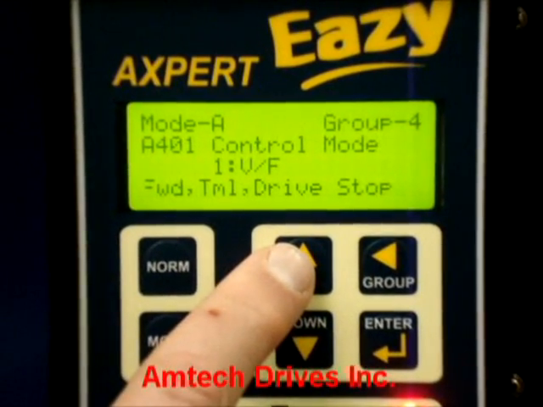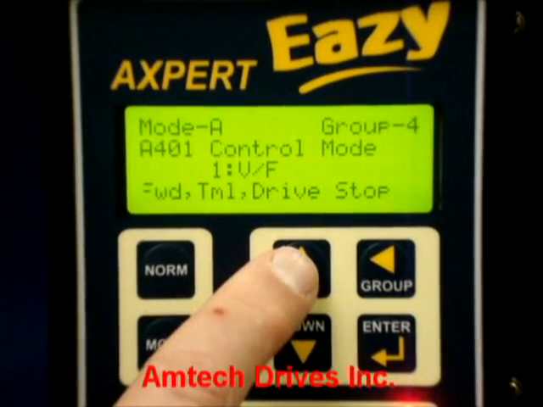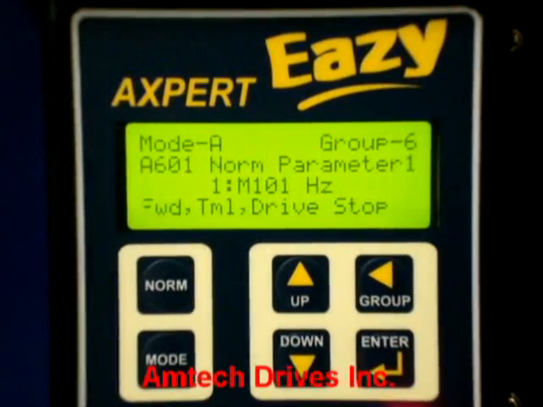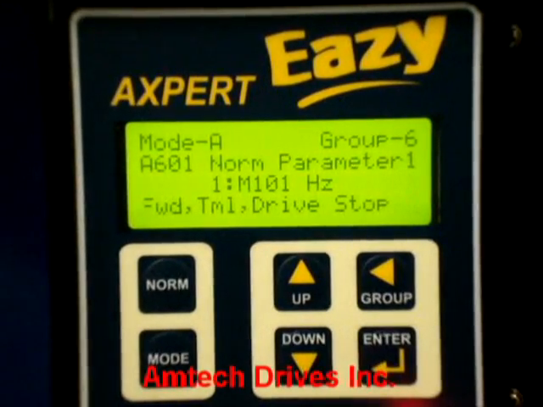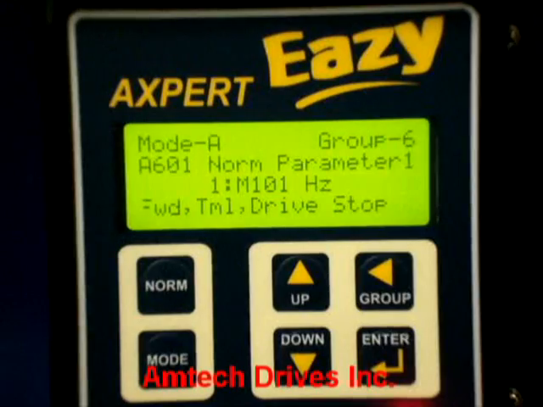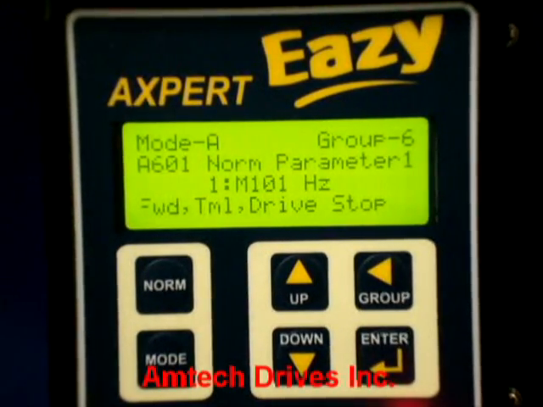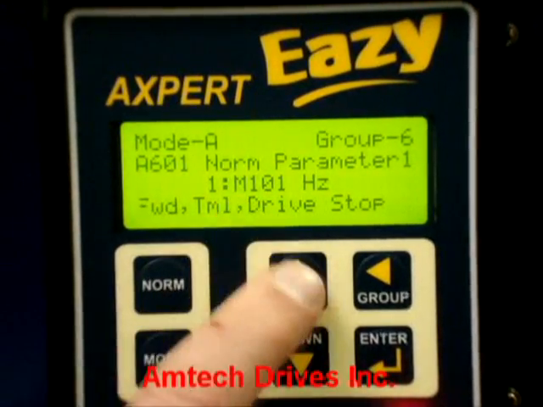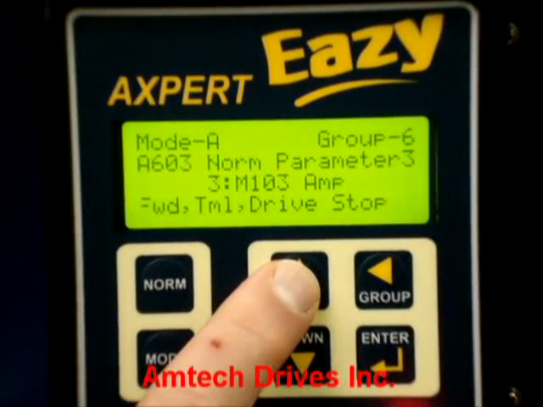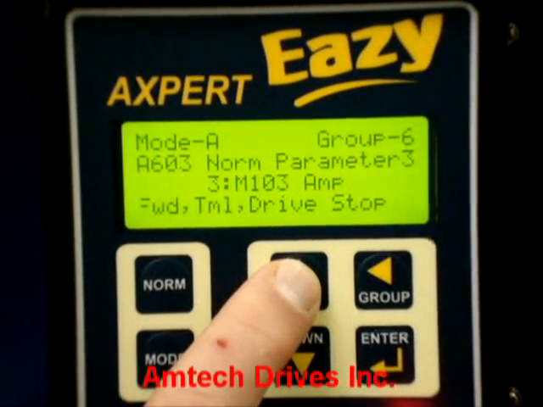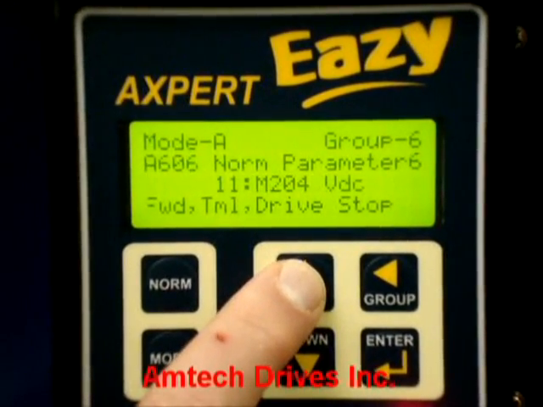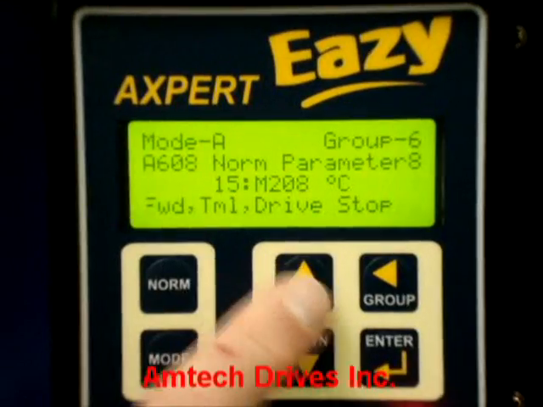Going to A401, control mode, whether you're running V by F or vector. The parameters A601 through A608 are where you can set what you're looking at on the normal screen, those 8 parameters in the meter screen. For A601, all you have to do is set the parameters where you want them displayed, and which parameter out of all the 16 choices is just programmed in A601 through A605. So as we see, whatever we're